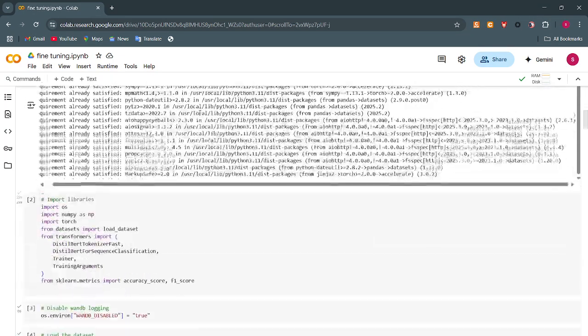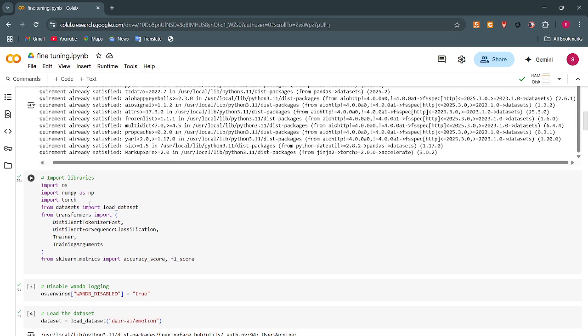datasets easily. Okay, then we need to import os, numpy as np, and torch, where os is for interacting with the operating system, and numpy as np is used for numerical operations, and torch is used for deep learning models, and load_dataset to load the datasets, and Trainer and TrainingArguments to simplify training loops, and metrics from sklearn to evaluate model performance,